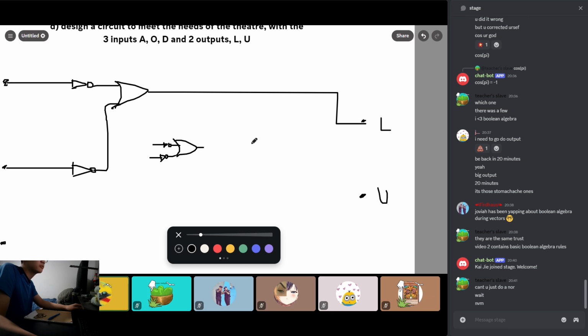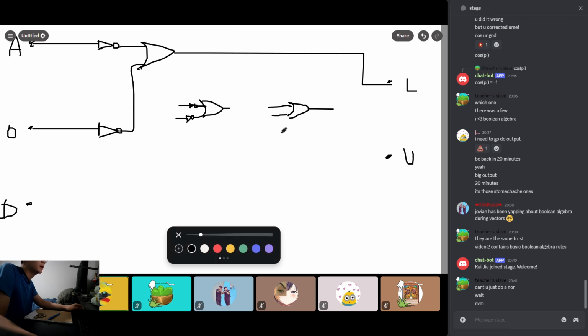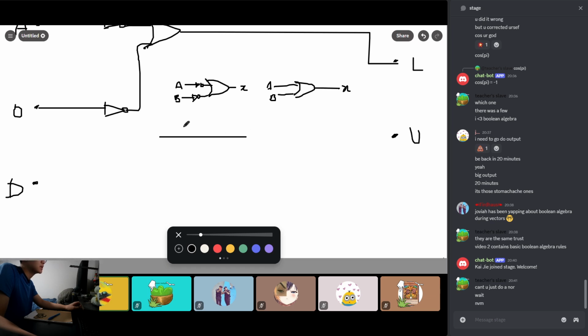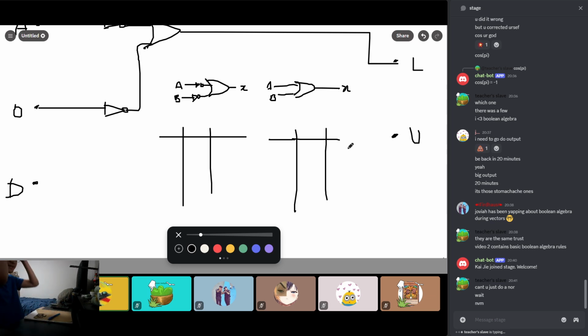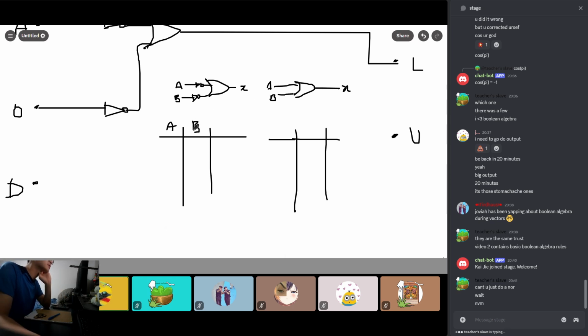Okay, since Jovia had that misconception, I will explain why this is different than this. We'll be helping you understand with the help of truth tables. So again, I reiterate, if you don't understand anything in these kinds of questions, just draw a truth table. It will really help, man. Okay, so A, B, X,